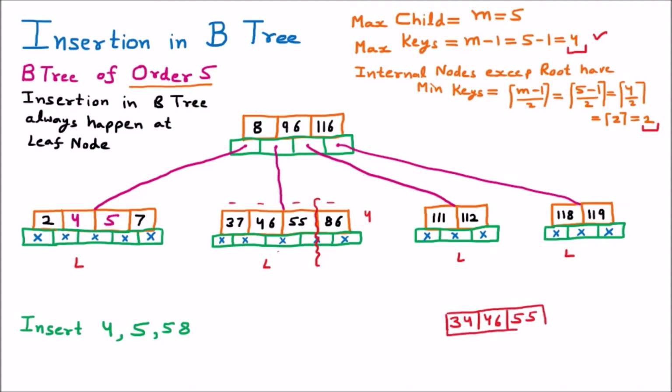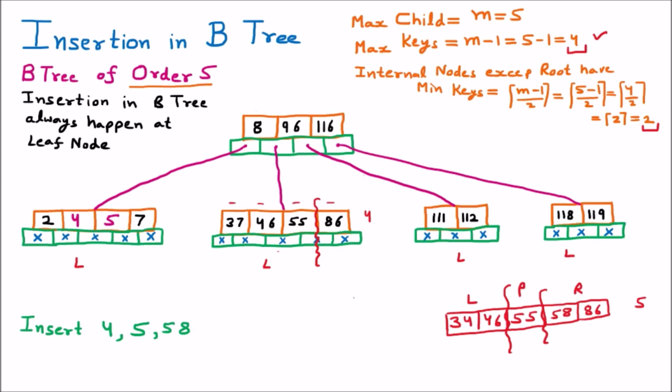Now afterward we know that 58 will come, that we want to insert, and there is already one element which is present, 86. When I make such a node which has 5 keys, we know that 5 is not the criteria because we need 4, so what we will do is break this chain from the middle. Now this will become the parent, this will be the left, and this will be the right. So this is how this will be constructed.